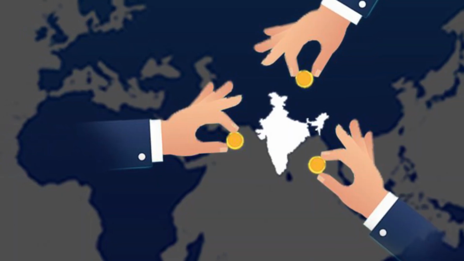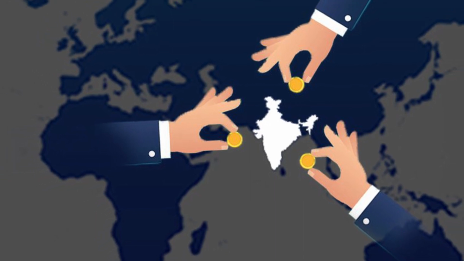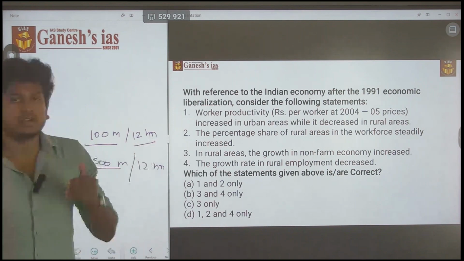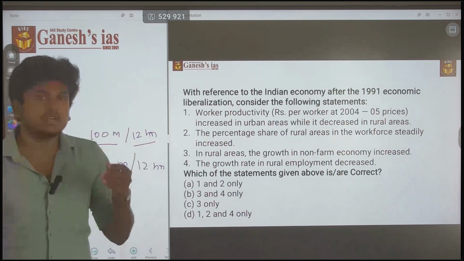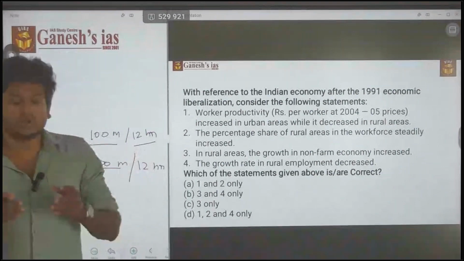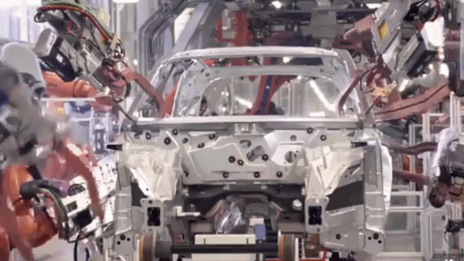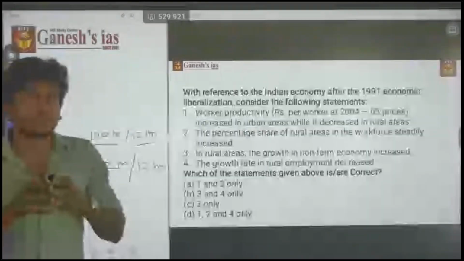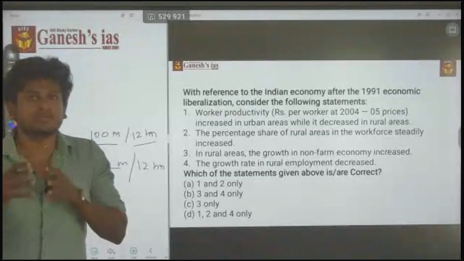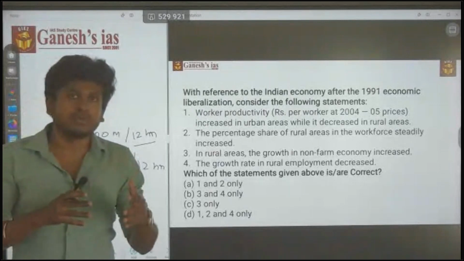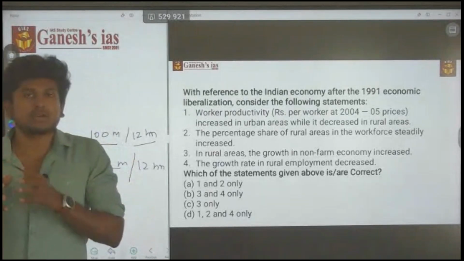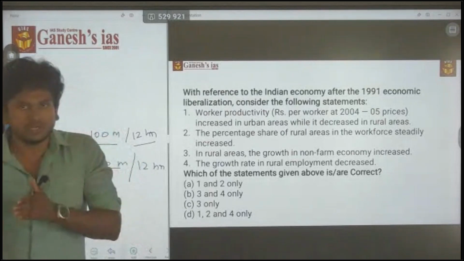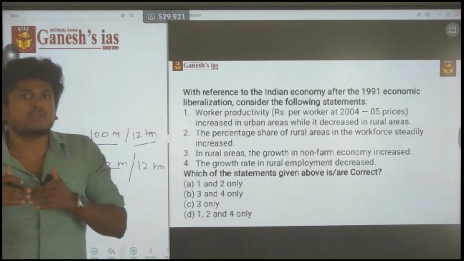Most of the foreign investments came into India, and most of the foreign companies also came into India. With more investment and more transfer of technology, there is more usage of automation. Machines come into play. Earlier, a mill manufacturing a cloth of 100 meters was done by people. Now it is done by machines, which means worker productivity increases. By incorporating machines into the company, productivity increased.